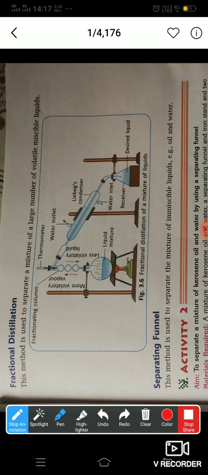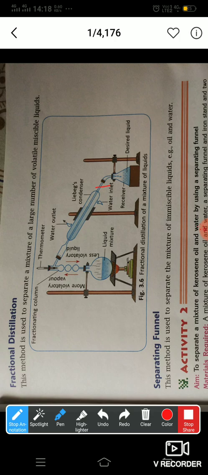Once the temperature reaches 80 degrees Celsius, the vapors of kerosene will pass through the fractionating column and then through the condenser and then start condensing and get collected in the beaker here. If there's an impurity, the temperature will again rise. If there is no impurity present, the temperature will remain constant till all the vapors of kerosene are formed. In this way, students, we have separated three liquids which are completely miscible in each other. Again, what does miscible mean? Miscible means when two liquids are completely mixed with one another and cannot be seen separately.